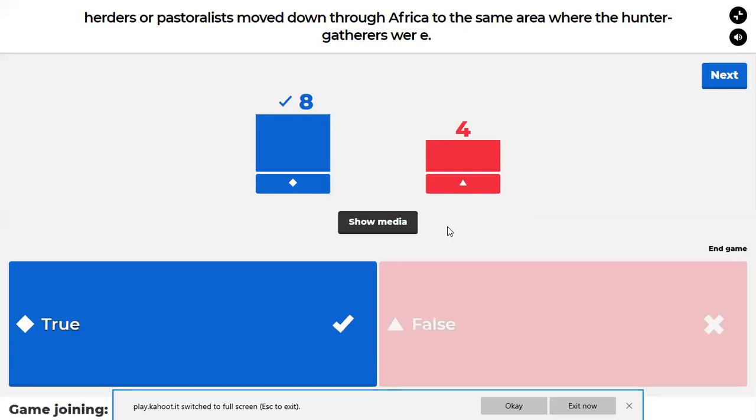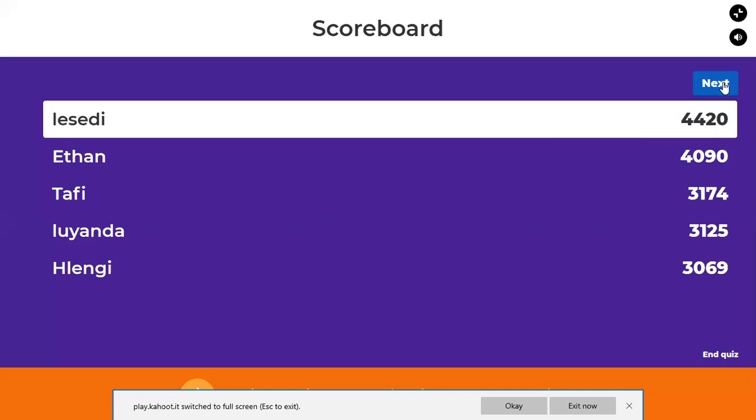Okay. Herders or pastoralists moved down through Africa to the same area where the hunters-gatherers were. It is true. Yes, the answer is correct. Okay, moving on.